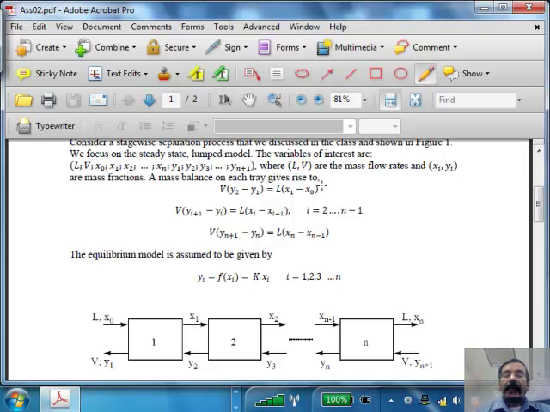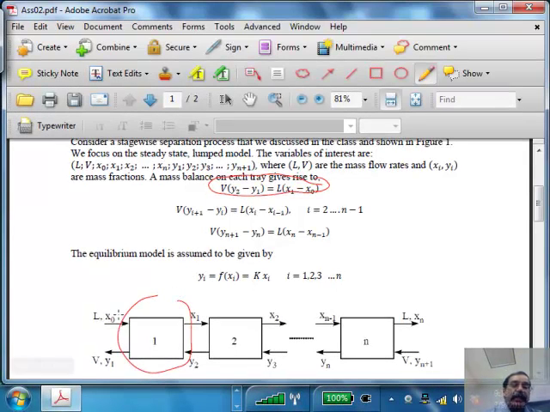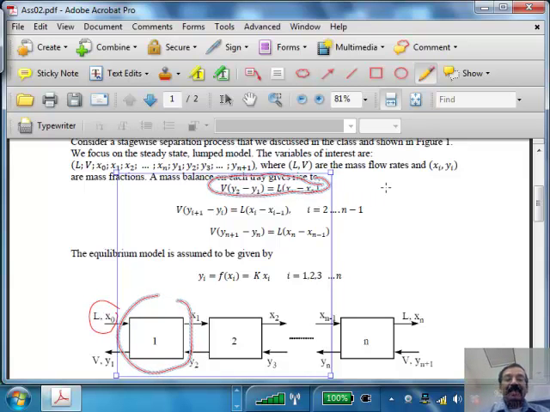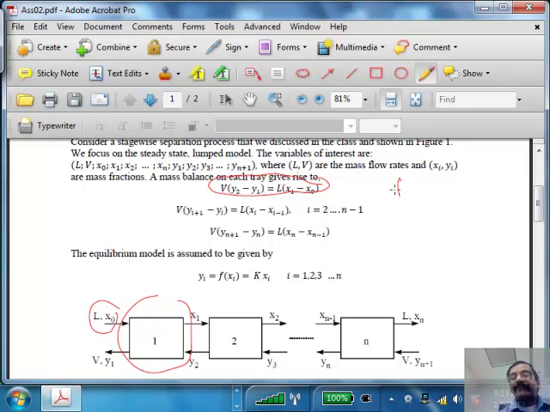Okay, the first equation refers to this stage, and in that stage, typically you might have L and X naught as being given. Sorry, maybe L is the one that you're solving in this case. So X naught is given. So you have to treat that as an unknown. So you need to write that equation as F1 is equal to V times Y2 minus Y1 minus L times X1 minus X0 equal to 0.